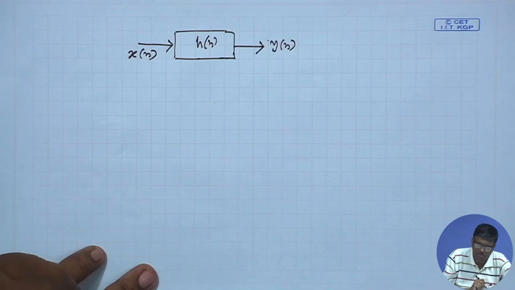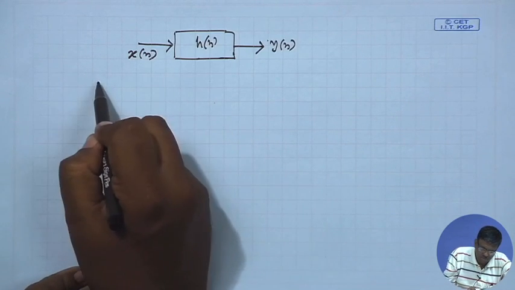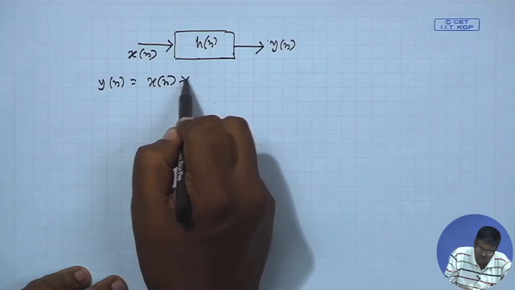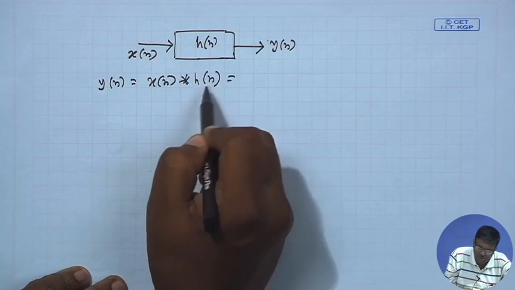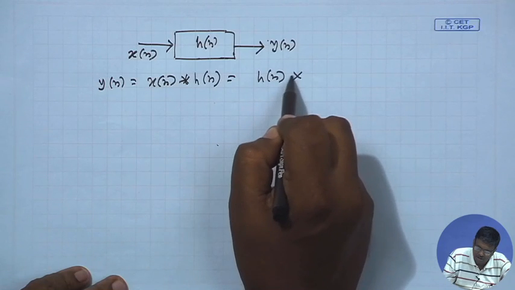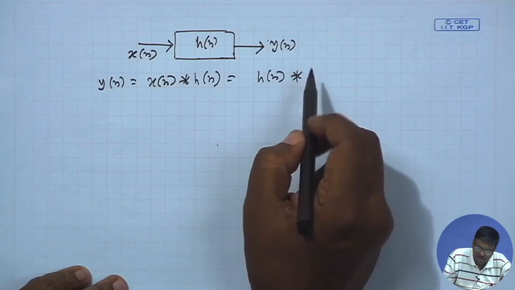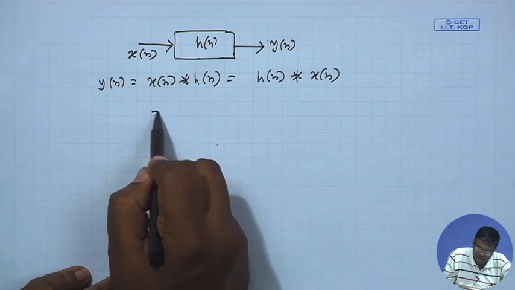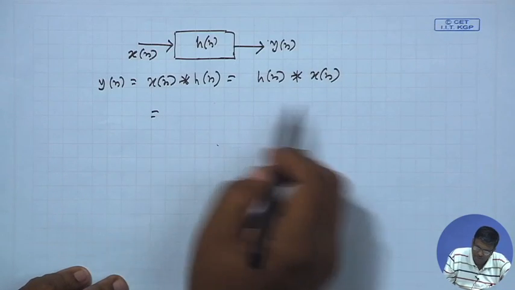Now, that means y n is x n convolved with h n, but as I told you, I always prefer the other form, because then results become easier to get. So, this is a rule of thumb I told you. So, I follow this, and this is nothing but if you write